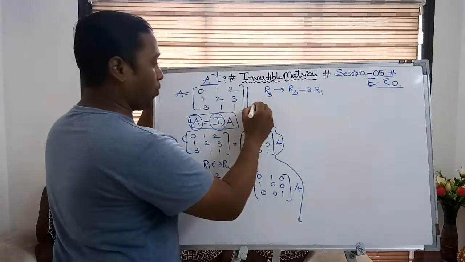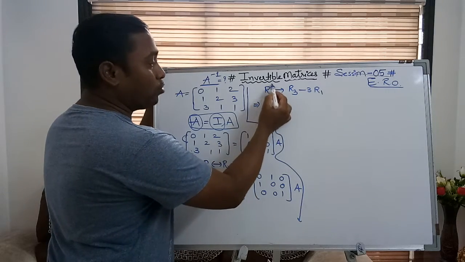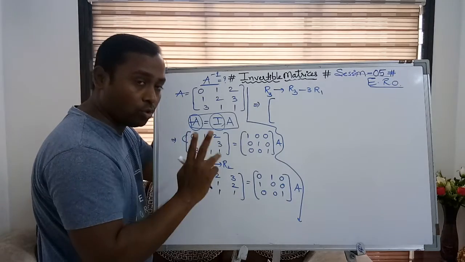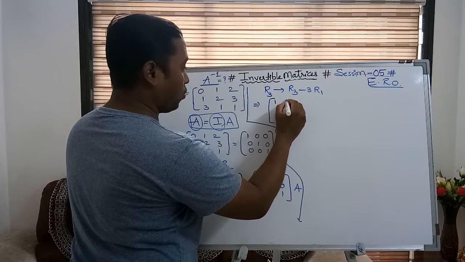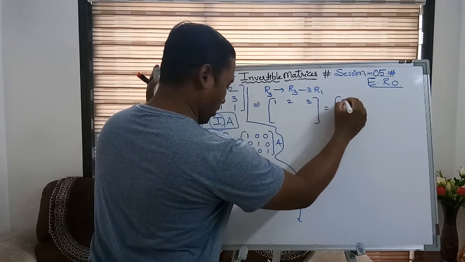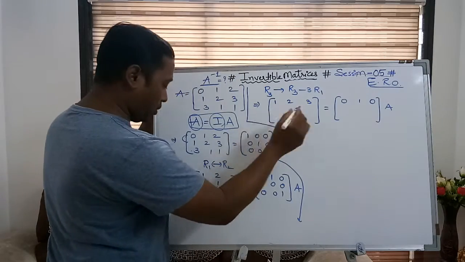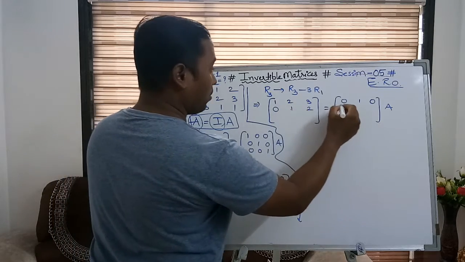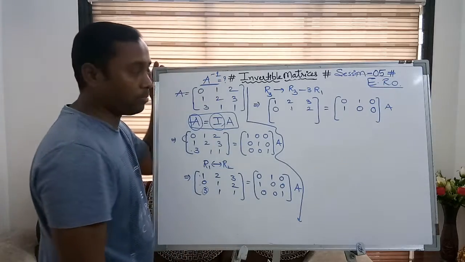If I do this process, what am I going to get? If I change R3, the rest of the two rows remain the same. So first I will write those rows which are unchanged. I am writing R1 and R2 as they are: 1, 2, 3, and 0, 1, 0, 8. R2 is not changing here, so I am writing these elements as they are. These two rows are not disturbed.